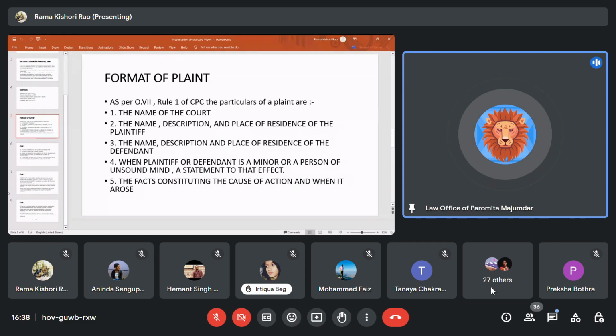And then we write the exact title of the suit, like, for what purpose have you filed the suit? For example, you write suit for recovery under so and so, for recovery of rupees so and so, filed on behalf of the plaintiff. This is how you write the heading of the suit. And after writing the heading of the suit, you come to the first para, which is the,